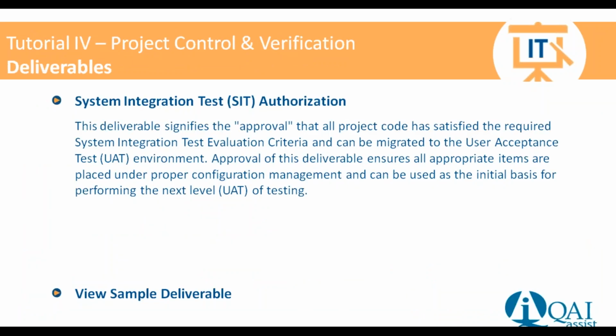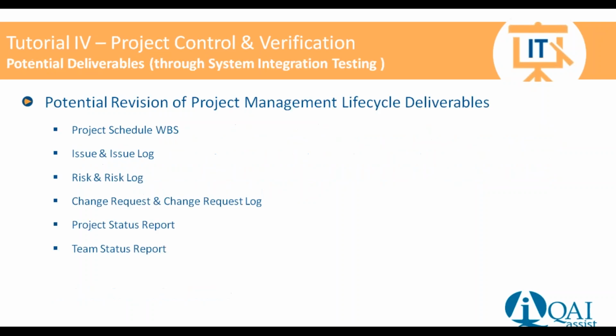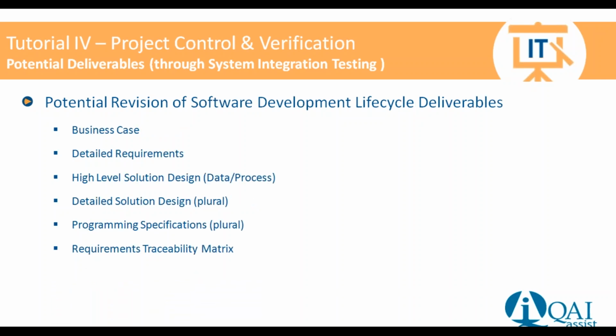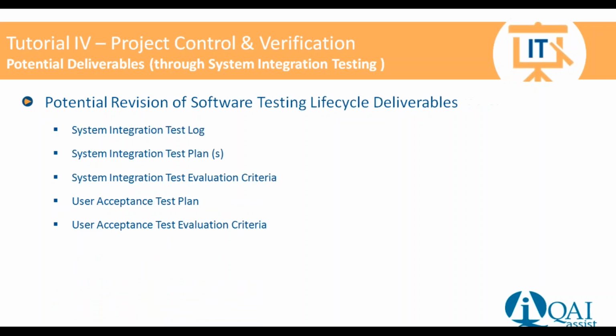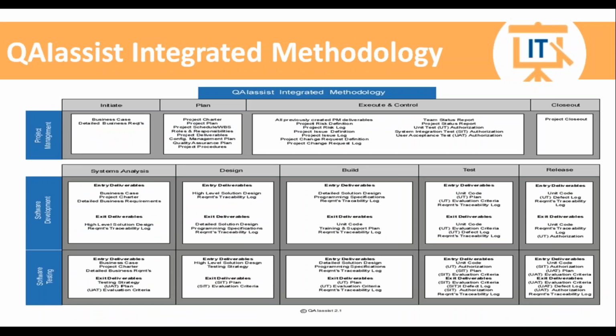And again, it's much like the unit testing. All we're trying to do is say, we've done all of the necessary activity within the system integration test environment to say we can pass the code along to further testing into the user acceptance environment. And again, deliverables are going to have to be potentially addressed in the project management lifecycle, depending on the system integration testing that's being done within the software development lifecycle. Some of the deliverables may have to be addressed depending on what hiccups we have or what we might have to change. And that then gets us to user acceptance testing.